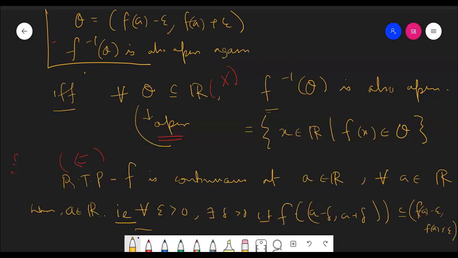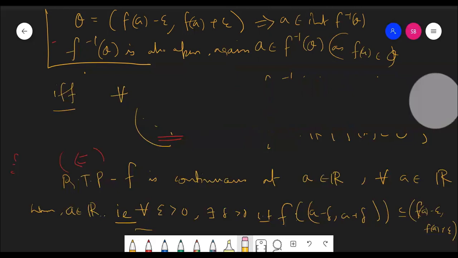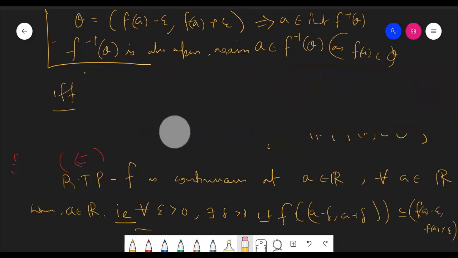Again, a is in f inverse of O, right? A should be in f inverse of O. Why? Because f of a is obviously in O, so trivially a should be in f inverse of O. Thus, from here we can say a is an interior point of f inverse of O, right? Then again, we need to erase this. So now if a is an interior point of f inverse of O, if that is the case,